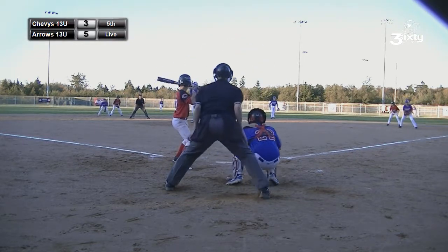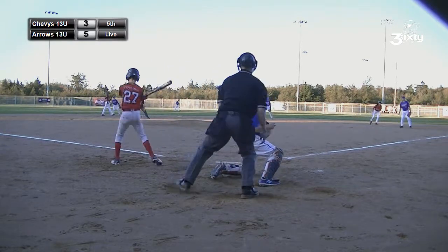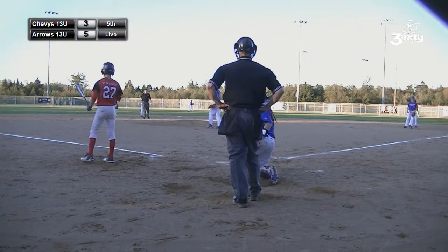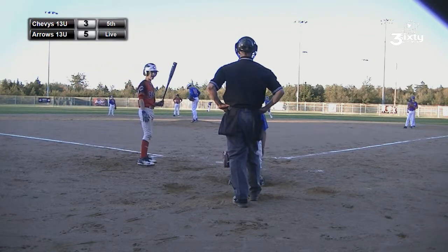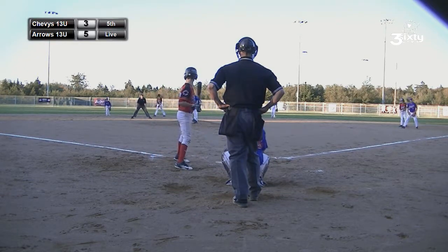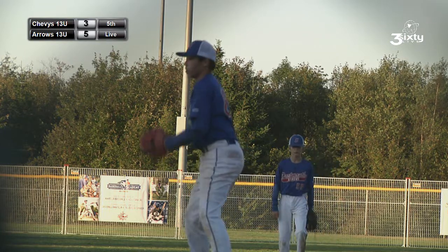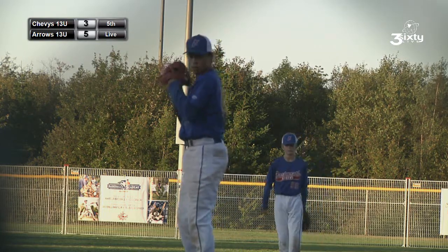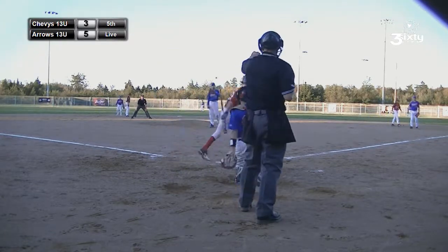Pelly with a long look in, gets himself set. That one misses low, ball 2, 2-2 the count. Pelly with just 2 pitches left, so we will get a new pitcher soon here for the Arrows, and as you look, you get the feeling that those 84 pitches